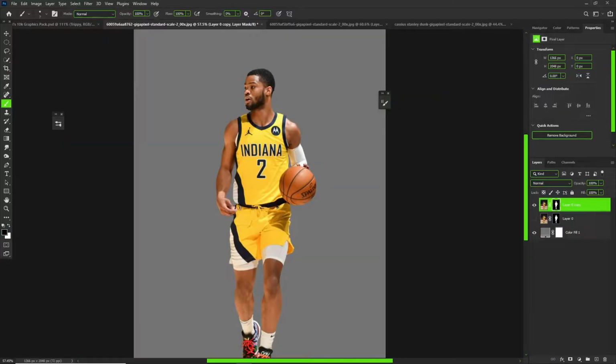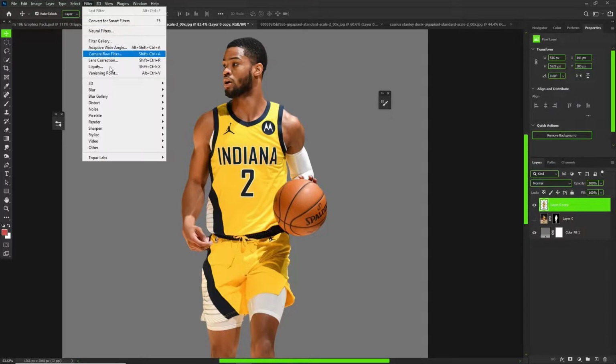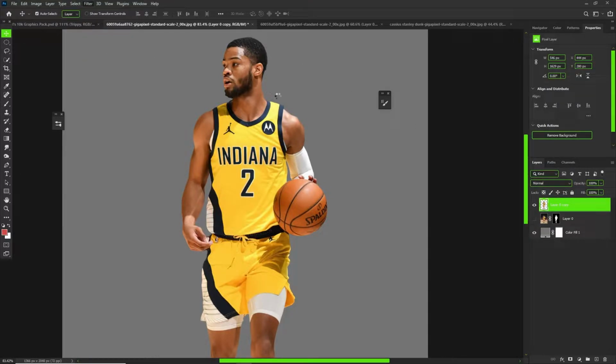Okay, and then we're gonna do the same thing on this image, so don't worry about what I did really on this image, because we just have to add a skin to this. So what we're gonna do is go on our mask. I apply my layer mask. I'm gonna go to filter, camera raw filter,